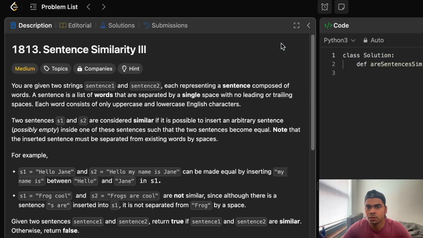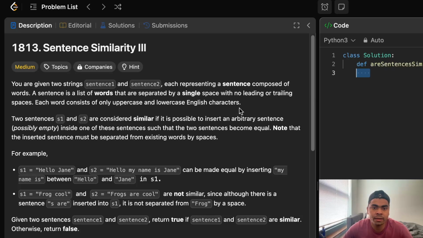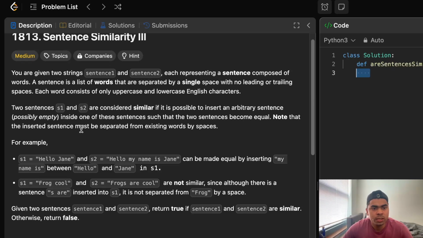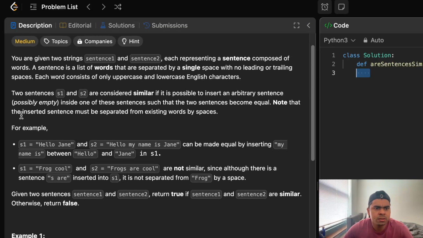Let's go to LeetCode. So it says you are given two strings, sentence 1 and sentence 2, each representing a sentence composed of words. A sentence is a list of words, of course we know, that are separated by a single space with no leading or trailing spaces. Each word consists of only uppercase or lowercase English characters. Two sentences